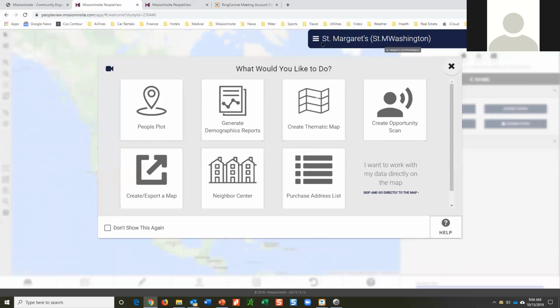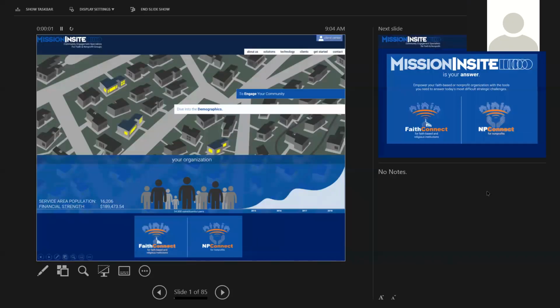For demonstration purposes today, I'm going to be looking at St. Margaret's. Before we do that, we want to spend just a few minutes giving you a little bit of information about the system, where the data comes from, and how you can utilize that in your ministry.